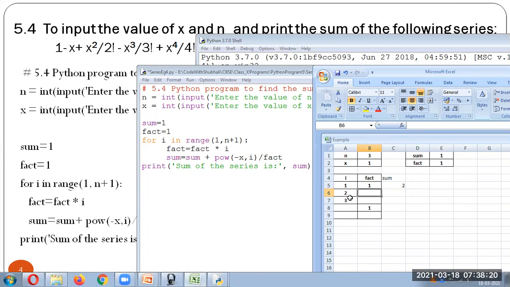That is the reason. Now here when it comes, i's value is 2, so factorial will become factorial into i, which is 2. So you will get 2 over here. Now sum will be what? Whatever is already there. So 2 plus, it will be minus x. What is the value of x? x is 1. 1 raised to 2 is 1 only, 1 divided by 2. So it will be 1 upon 2, which is 0.5. Okay, but here this will be a negative because